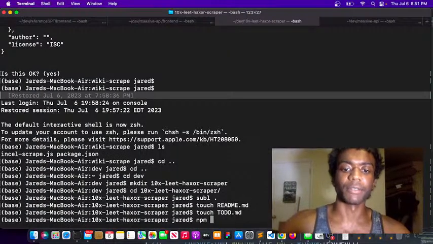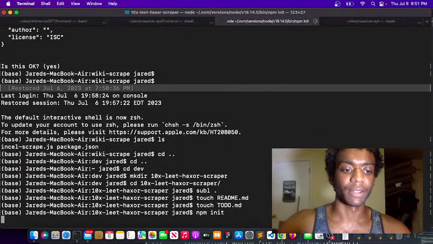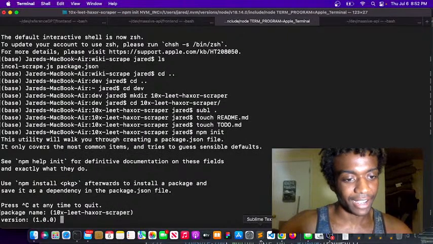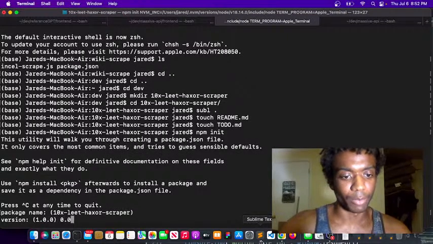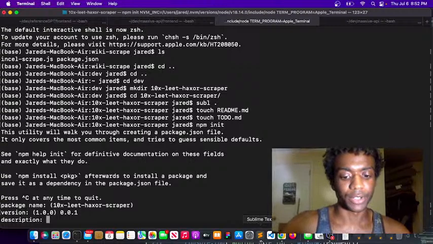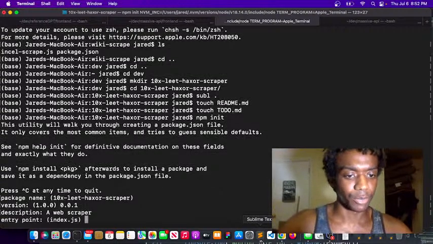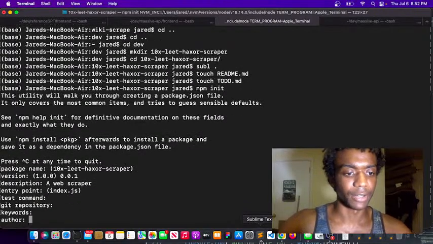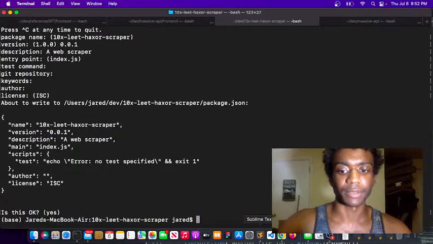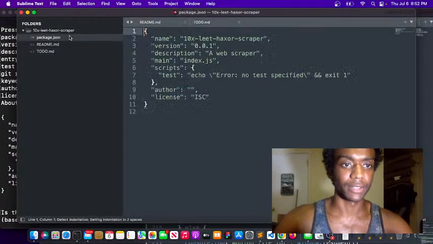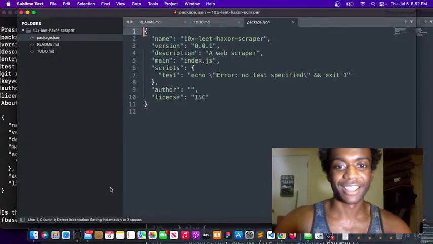Really what I mean by that, if I'm talking about Node, is npm init. Okay, and this is 10x Elite haxor. This is version 0.0.1. This is description: a web scraper, entry point index, test command, none, and yeah, license doesn't matter. Who cares? Okay, we don't license our code because we're not betas. All right, so